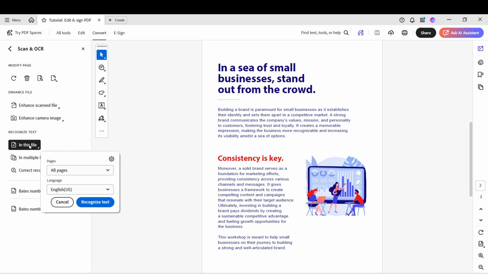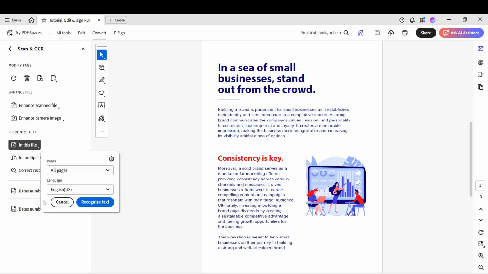Start by setting the document language. Choose the language that matches the text in your PDF, so Acrobat analyzes the correct character shapes. If your file mixes languages, pick the primary one used throughout the document. Aligning the language is one of the quickest ways to improve accuracy, especially for accented characters and special symbols.